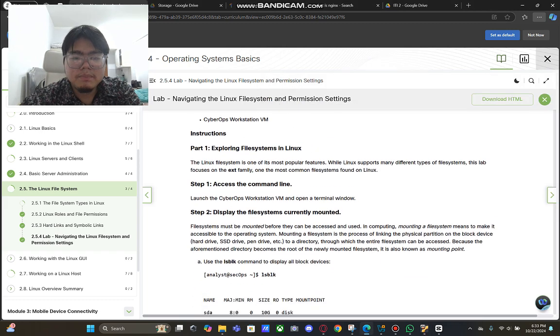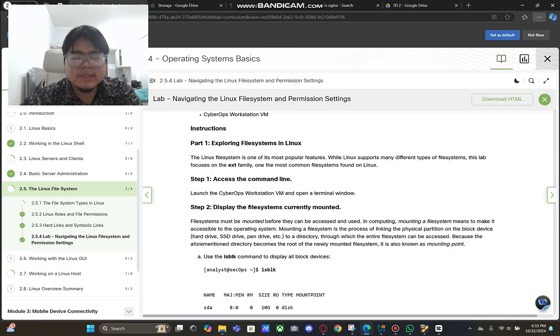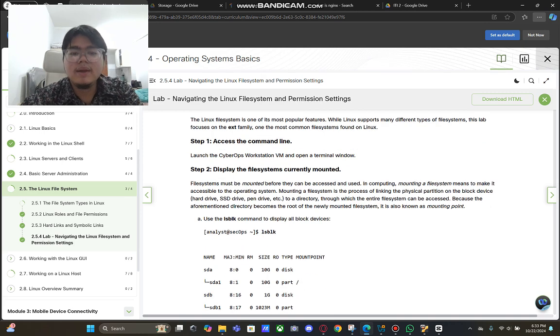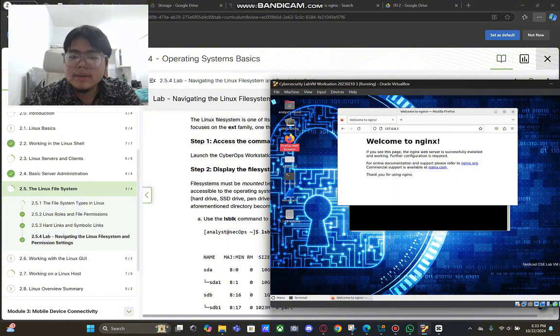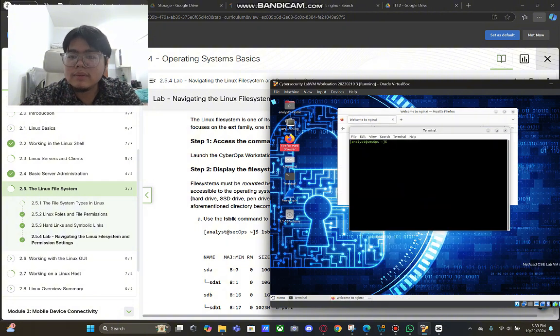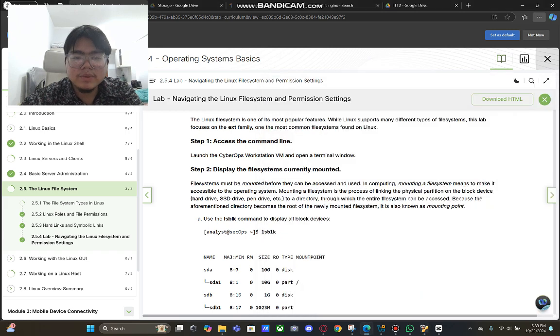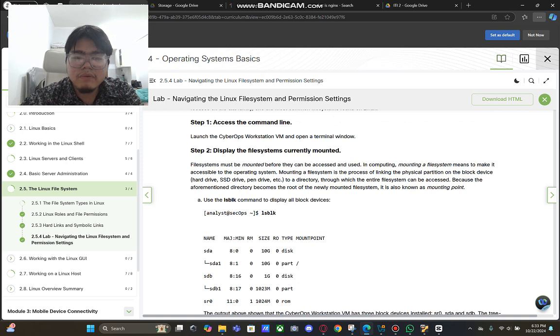Instructions. Part 1, exploring file systems in Linux. Step 1, access the command line. We will go ahead and open the terminal. Step 2, display the file systems currently mounted. To do this, we will first use the